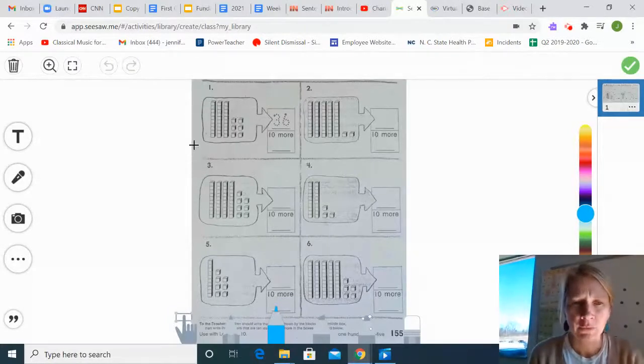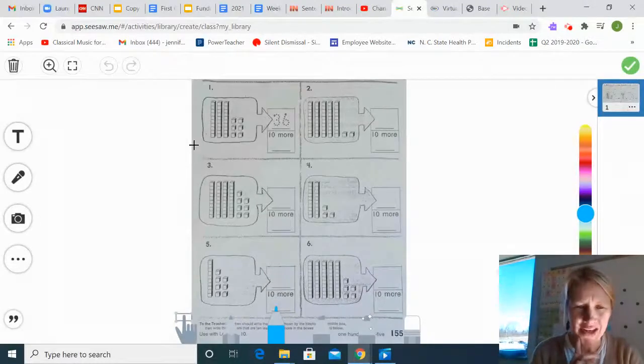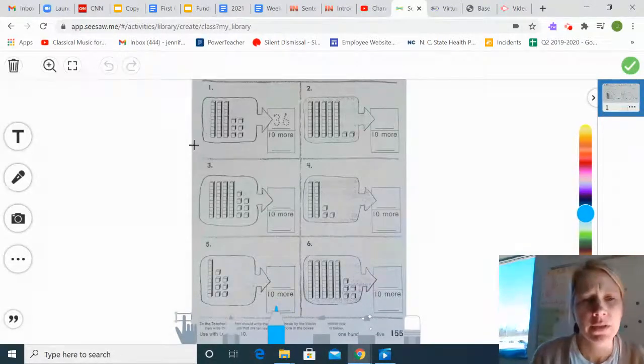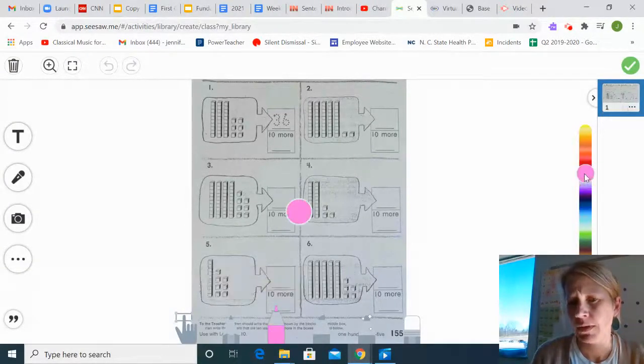Remember, the first thing that we need to do is count how many rods and dots we already have. Okay, here we go. So let's count our rods first. We always count our tens first. We have 1, 2, 3 rods. So I am going to click on my pencil and I am going to go ahead and write a 3